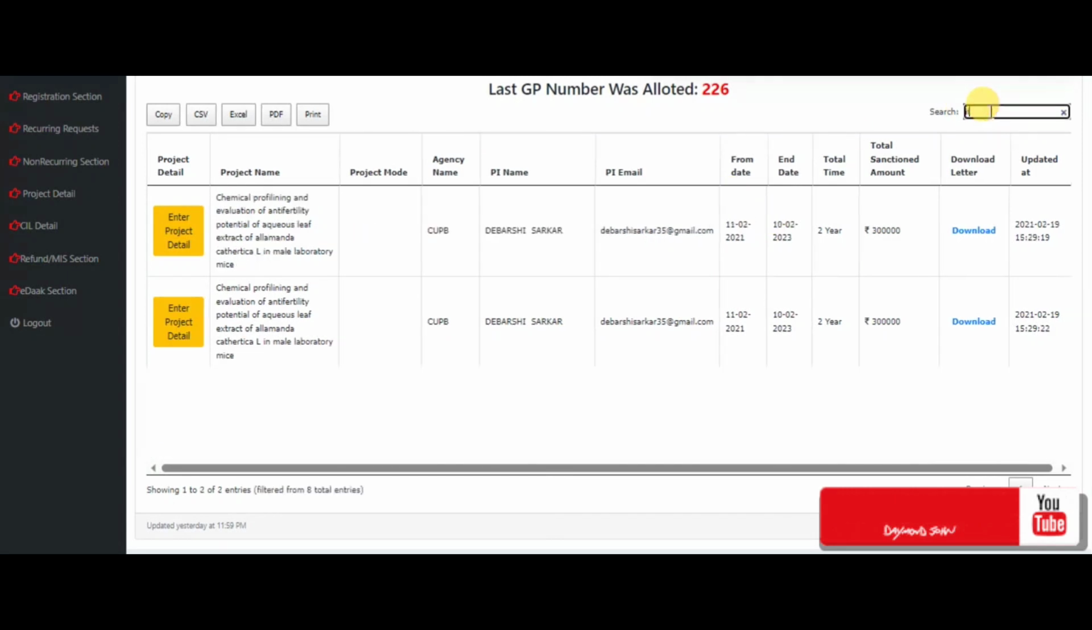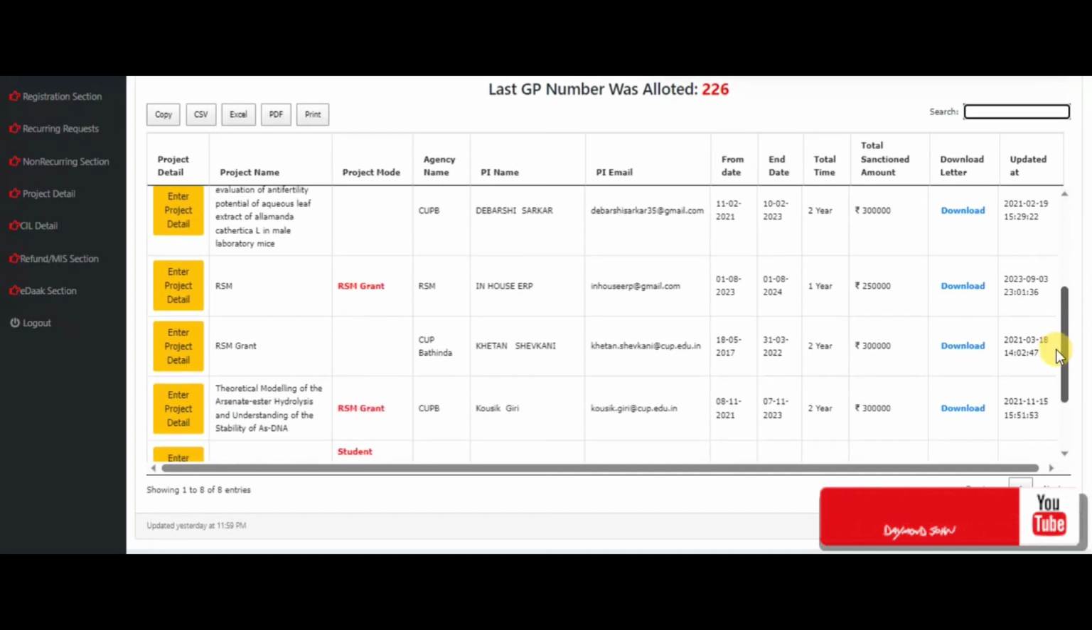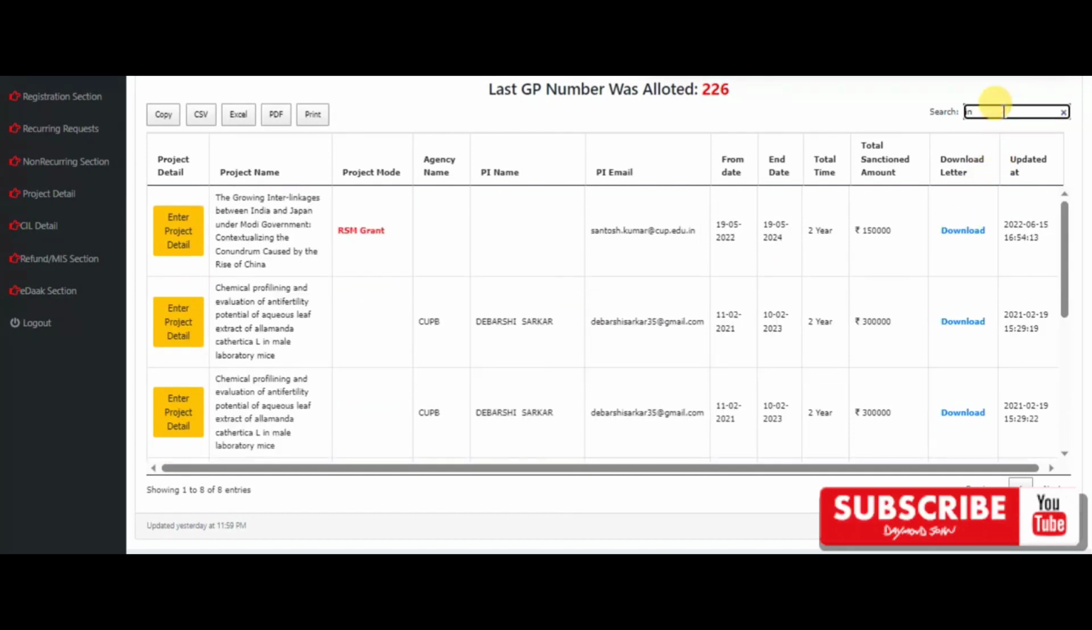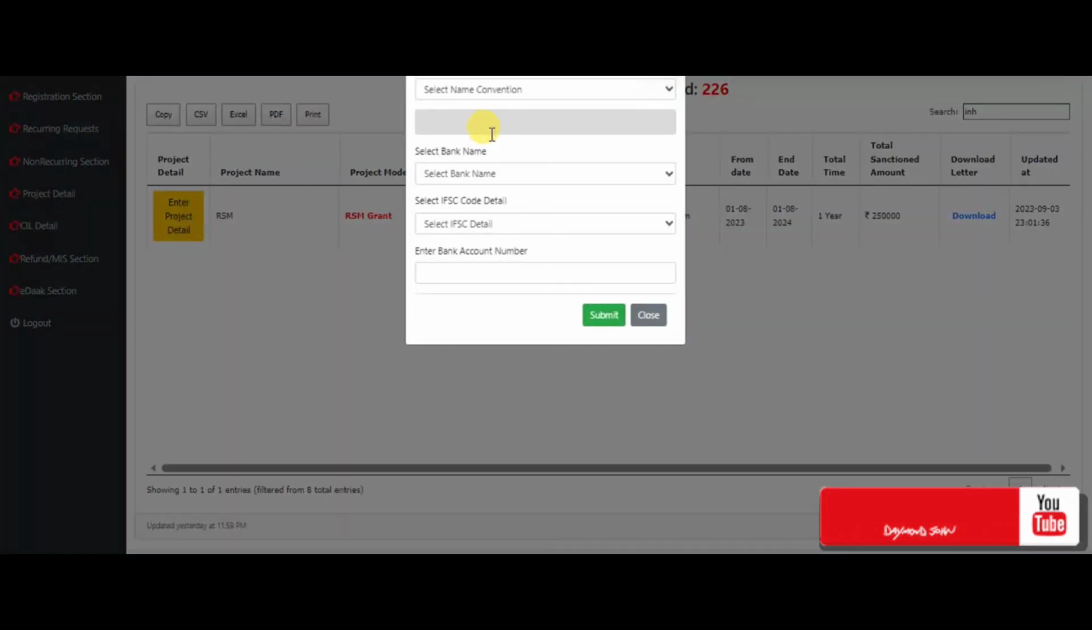Search here with the help of the registered email ID with this project. In our case we enter InhouseERP@gmail.com. Now click here and